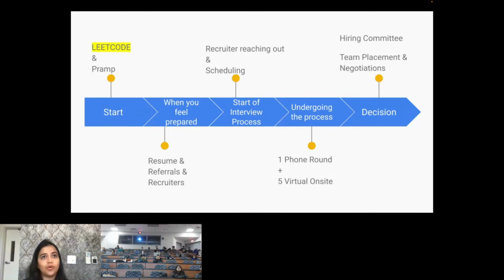And that is when you cannot say, you know what, I'll schedule my interview 1 month later. That recruiter is probably going to forget about you in that 1 month and move on to the next candidate, or the position is going to be gone. So only start reaching out when you feel prepared. And of course, be prepared that you won't get responses to all the messages you send. It's okay to follow up. Once you send a message to a recruiter or someone you want a referral from, you should follow up after a couple of days, because everyone is busy in their own schedule, and no one is purposely trying to avoid you. No one will ever do that.